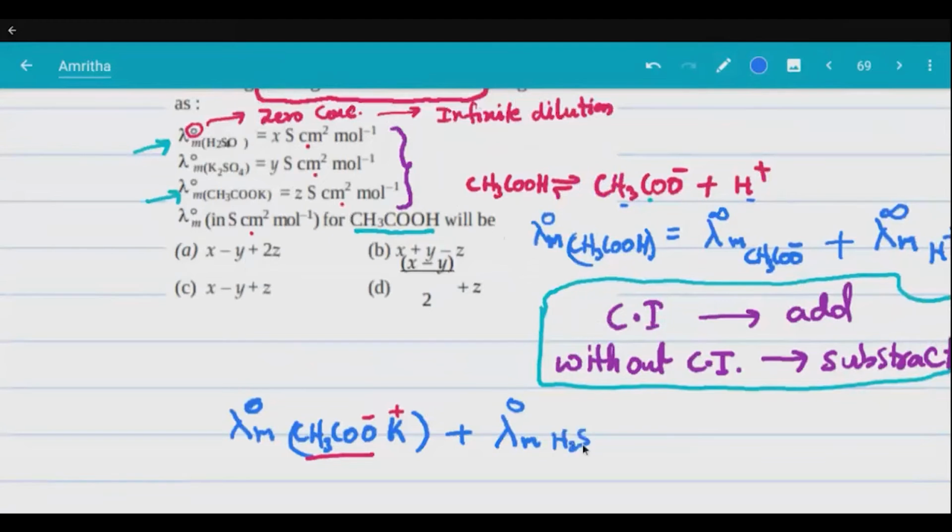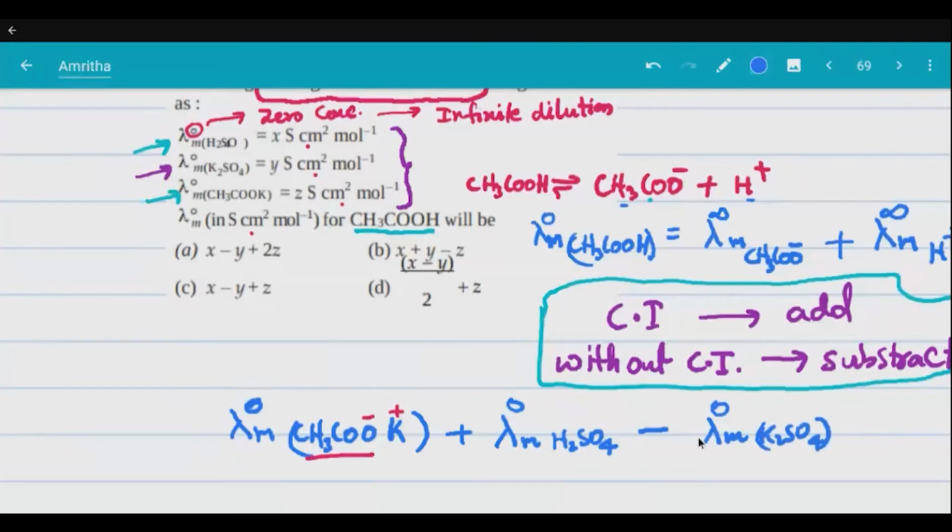H2SO4. We add this. But see, as it is molar conductance, we are to subtract without common ion. Without common ion is this, right? Without common ion is this. Okay, so we'll subtract this. So lambda m 0